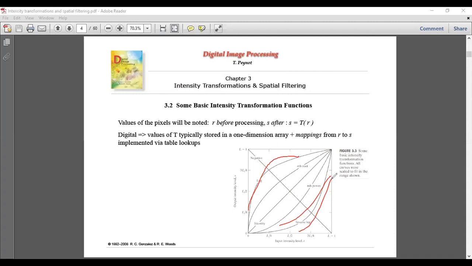Log of 100 is 2, and 10 to the power 2 is 100. The inverse log curve suppresses the lower values relatively and enhances the higher intensities better. So it depends on the requirement, on what the doctor has ordered.